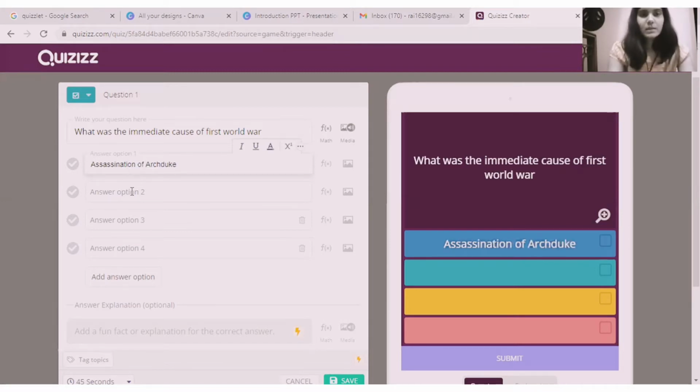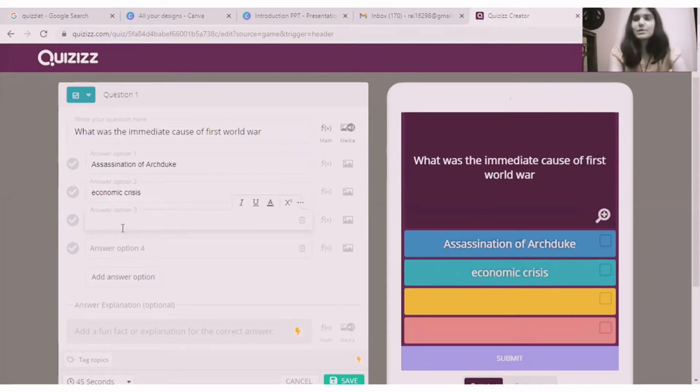Okay, in the next option, I'll just be writing random options because I haven't prepared options as such. The main purpose is to teach you how to create a quiz, so that you can use these kinds of quizzes for your classes.